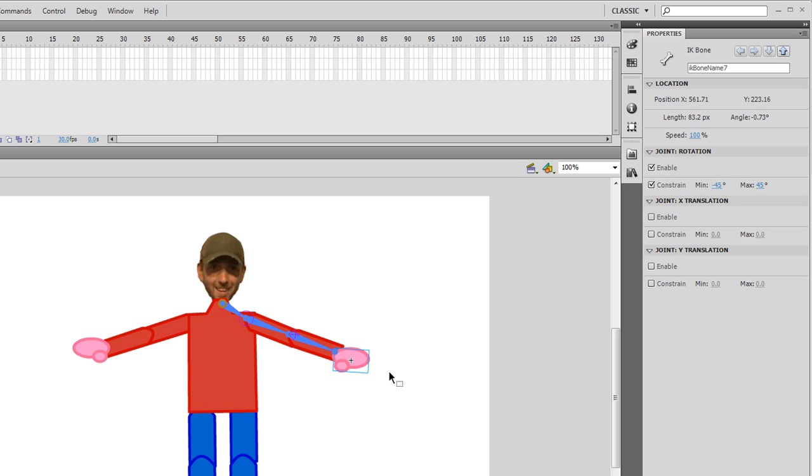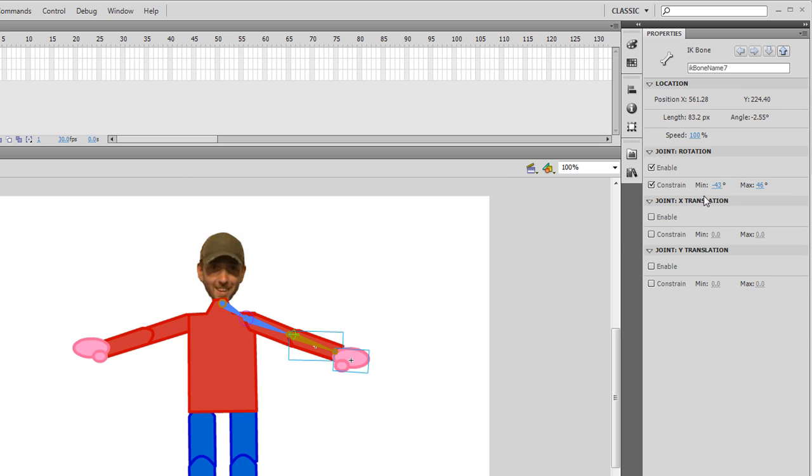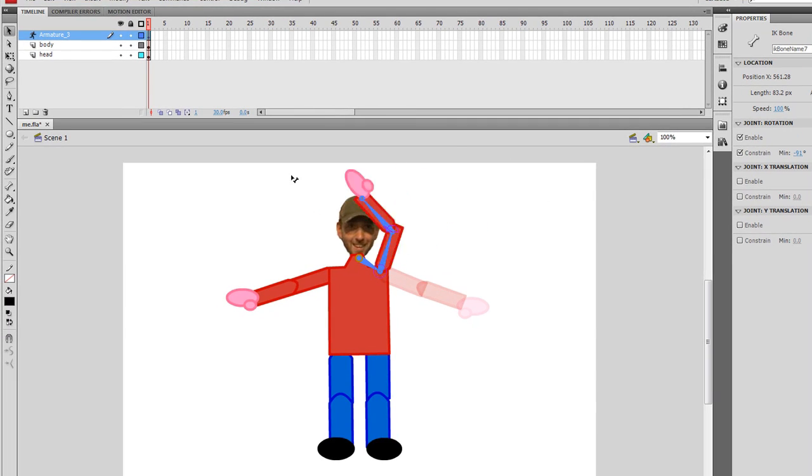So what I'm going to do is just straighten up there, click on it again, so I've got the options, and if I drag it out you can see it moving there, and I probably want 180 roughly, so 90 minimum and a maximum of 90 on that bone. Let's have a look at how that goes. Better, much better. Okay. And this arm here, which does the full 360, actually it's quite good like that, but